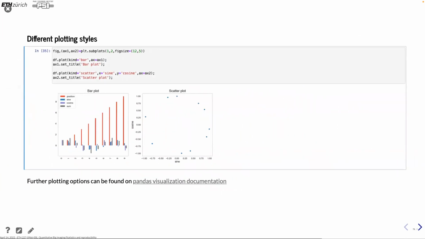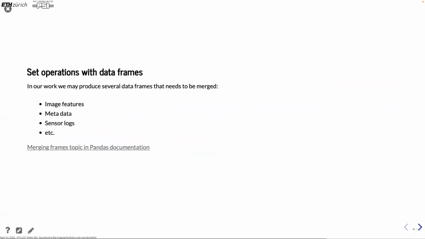Different plot styles. Before, I just used the normal plotting, drawing a line between the points, but you can also do bar plots or scatter plots, depending on what you need to do with your data. You decide that using this kind, and then you set how it should be represented. And then when you get into more advanced, I think actually I skipped this part, but you can merge different